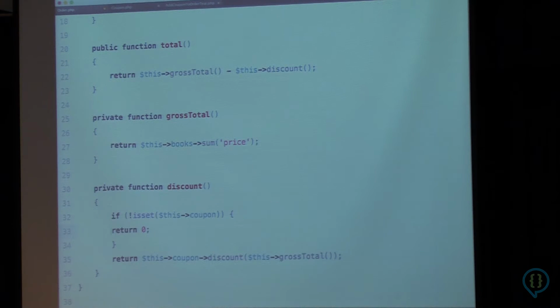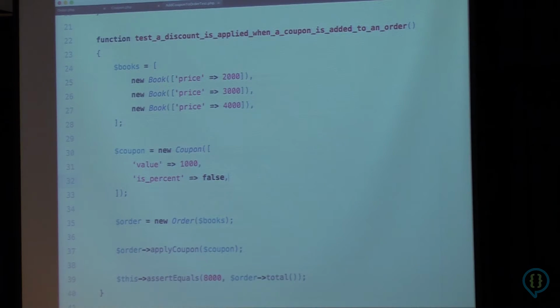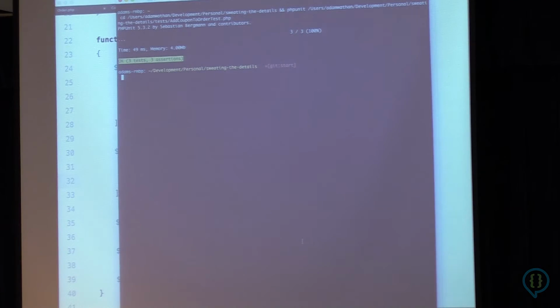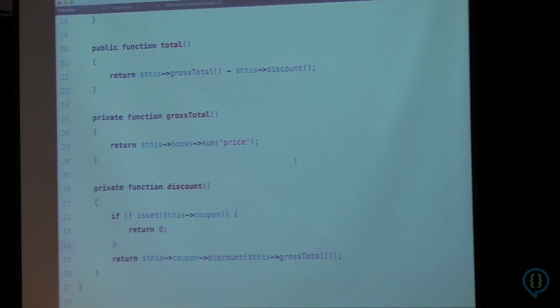In this case, I think this would actually read cleaner if we reverse this conditional and moved the return 0 line inside of it and treated it more like a guard clause. So if there's no coupon, bail early and just return 0 instead of trying to do any work. Otherwise, go down and actually do the work. So if we run this code again, run the tests, still green. So this class is looking pretty good, I think.